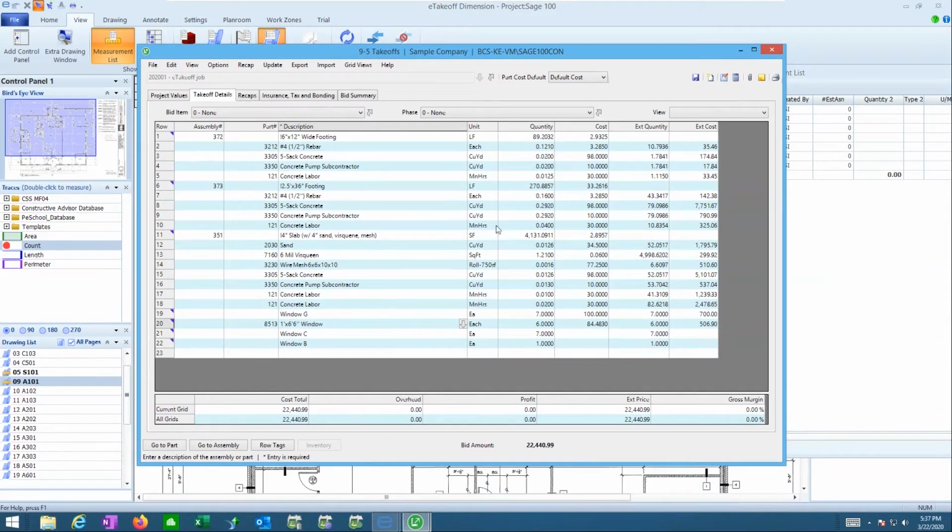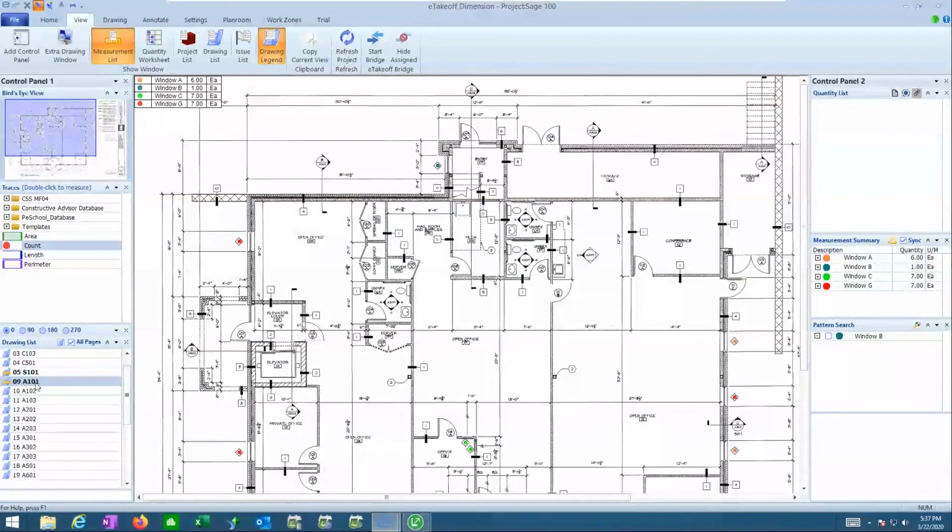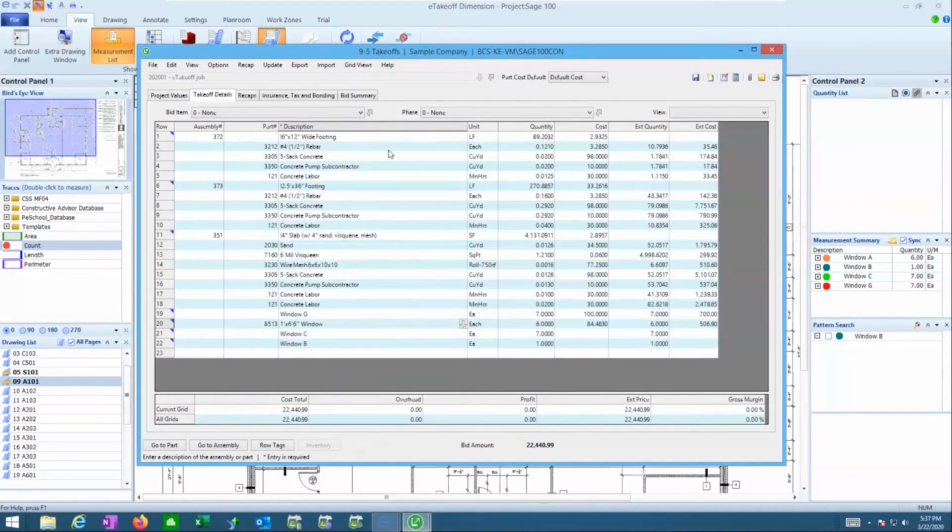One of the other advantages to this is these little blue symbols here in the corner. That lets me know that these dimensions came from eTakeoff. So if you think about where I had this project at the moment, I was on this other page for my first floor. If I was in an estimate and I wanted to know, where did you come up with this quantity? That's what these symbols will allow you to do, is that lets me know that it came from eTakeoff.